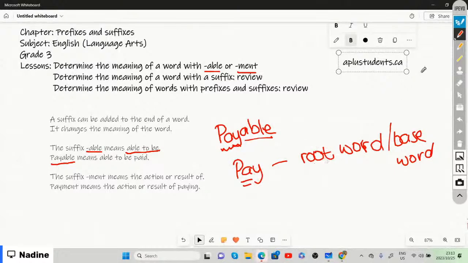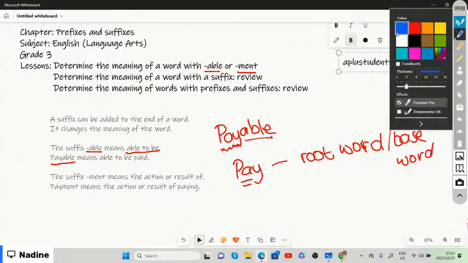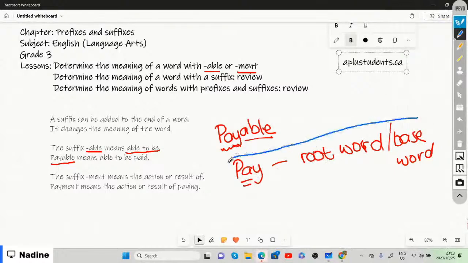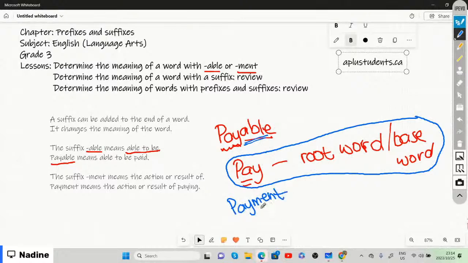So pay is basically the root word, and this is the word that can stand on its own. If you add either a suffix or a prefix to it, then the word, or the meaning of this word, changes. So we said pay, we have payable, where we added able to it. And now we have payment, so ment was added. And payment means the action or result of payment,